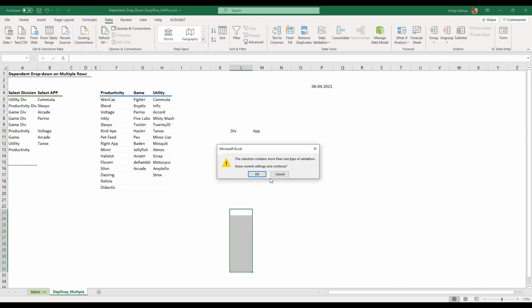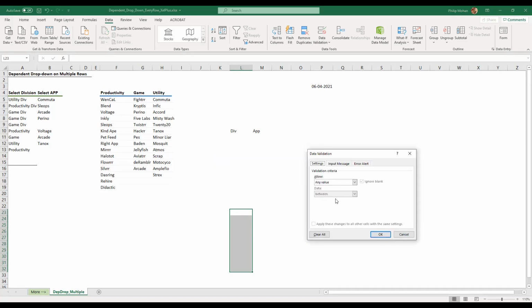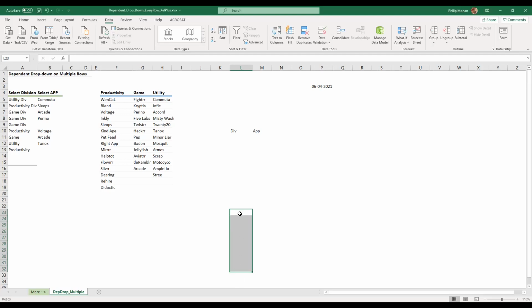We've looked at numbers. We've looked at text. Okay, say yes. Now not any value, whole number. And again, between, not between, equal to, any of these functions can be done. That's pretty simple, right? Let's say between, we don't want negative numbers. So we want to say between 0 and, actually, let me see, we can just say greater than or equal to, sorry, 0. So what happens when you do something like that is it will not accept any negative numbers.